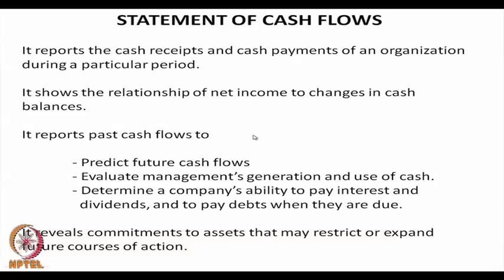Basically, if a company has a good volume of cash, it means that it can meet short term obligations. It can pay money to its own employees in time. It can pay money to the suppliers from whom material may have been purchased. It may not be a defaulter in paying interest to the banks or even paying taxes. So, all these will depend on the cash position of a company.